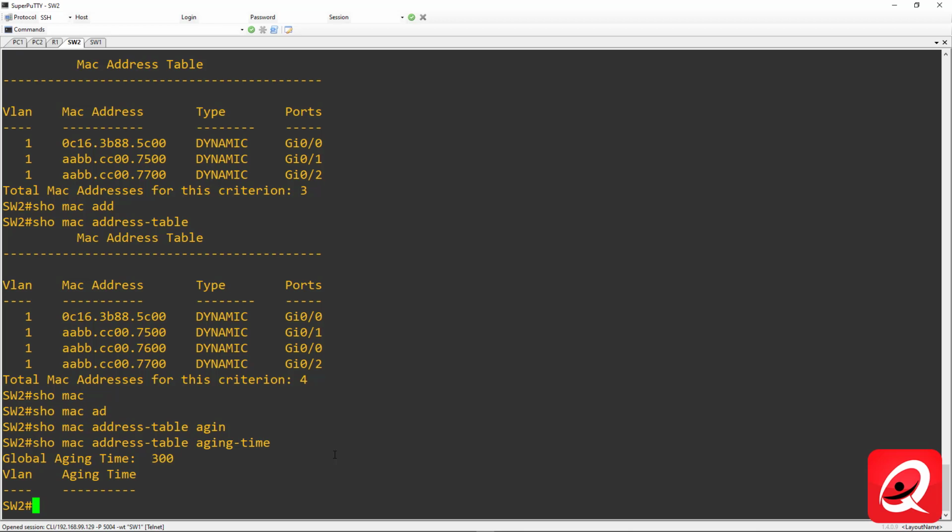They forward, filter, or flood frames based on what's contained in this database. Keep in mind, too, that these are dynamic entries, so these MAC addresses were dynamically learned. We could use something like port security to statically assign MAC addresses to ports. We'll talk about that in one of our future lessons. All of these devices are associated to VLAN 1, and these are the appropriate, specific MAC addresses for those particular